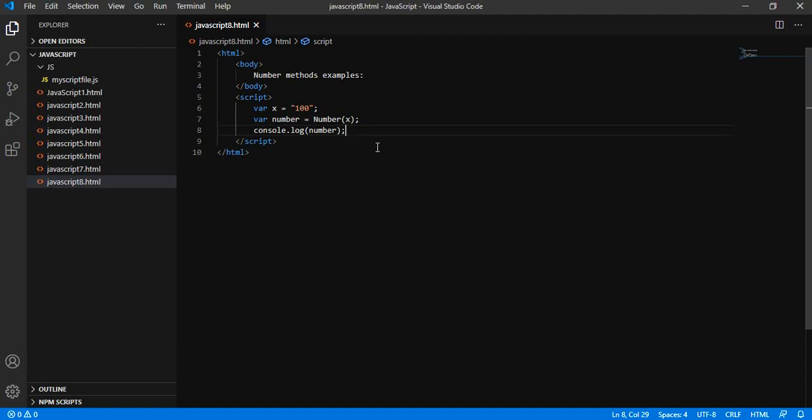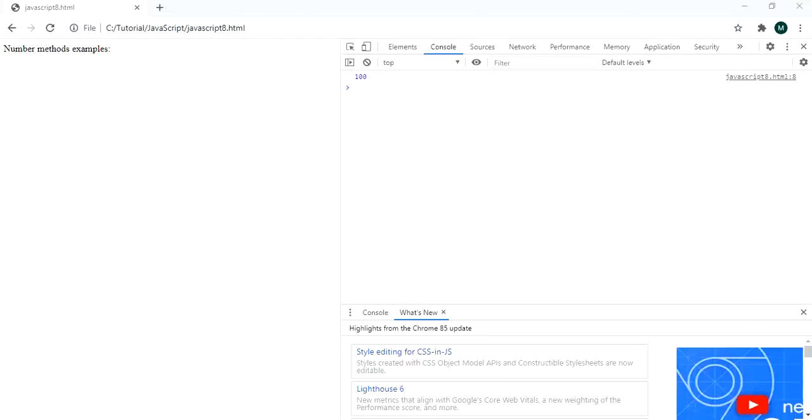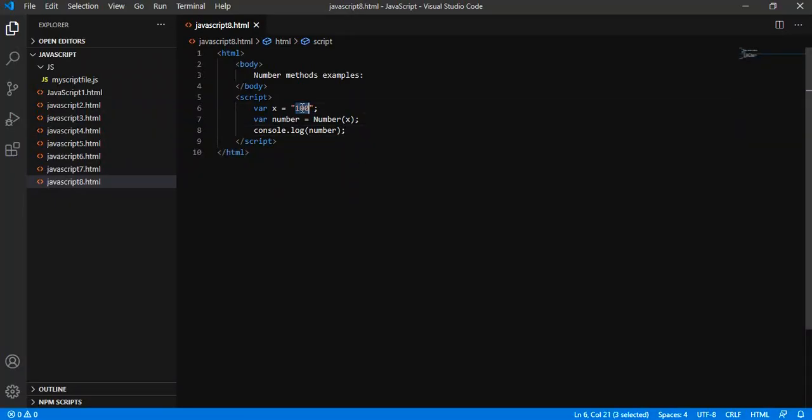Let us open this file in the browser and see the console, what it is printing. So you can see it is printing 100. What if I give some spaces after 100?